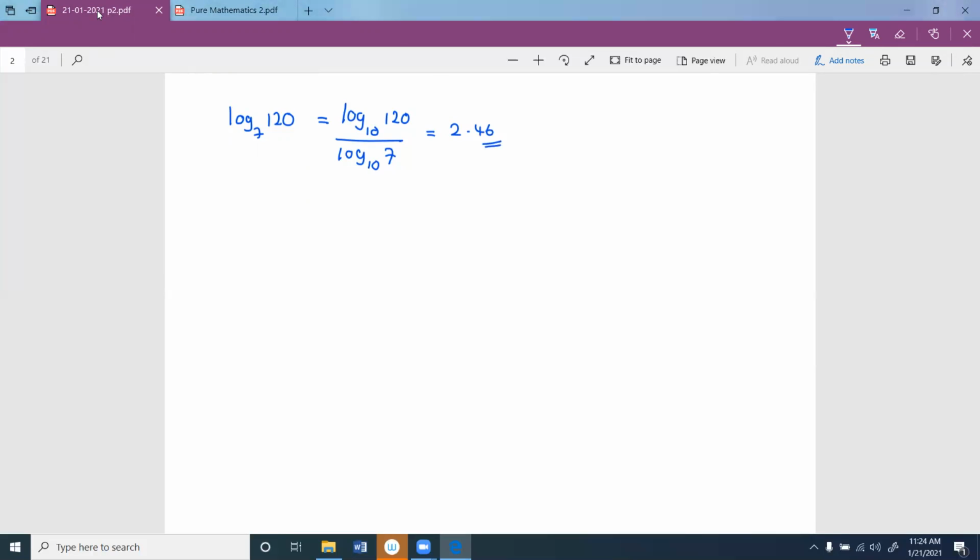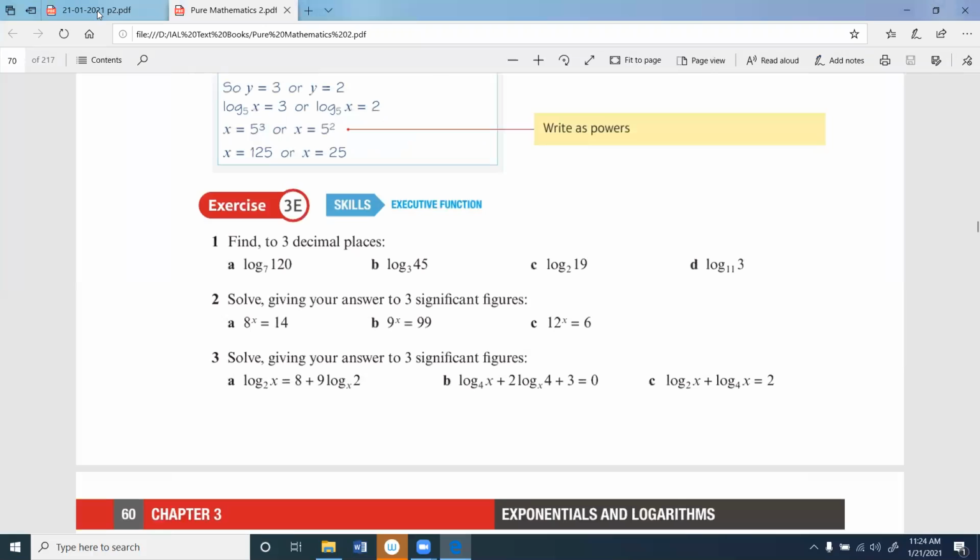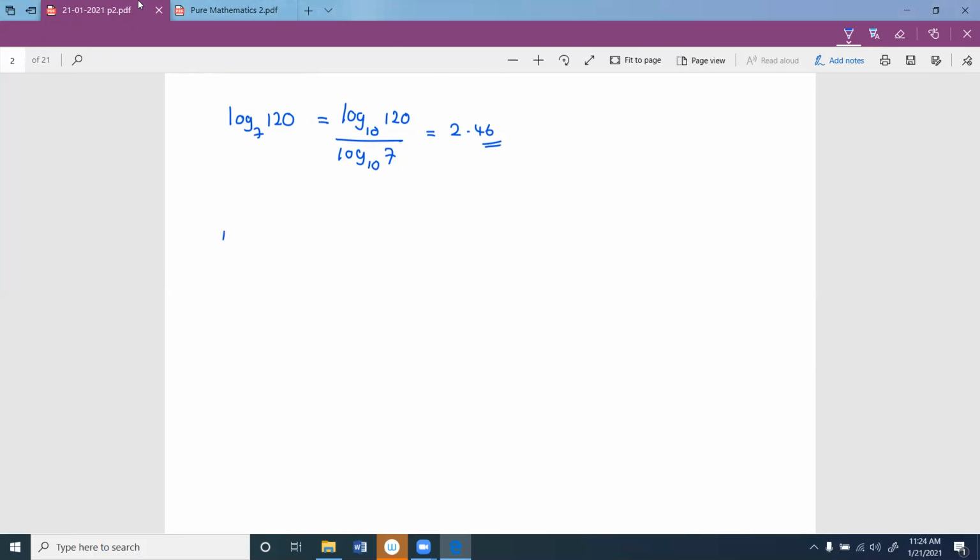Right. Then I'll do another one, the same kind of question, this one. Log 2x equals 8 plus 9 log x 2. These are two different questions, log 2x and log x 2. Then I'm using the second approach we used in the previous question. So you can say this is